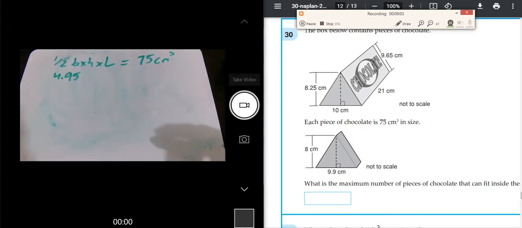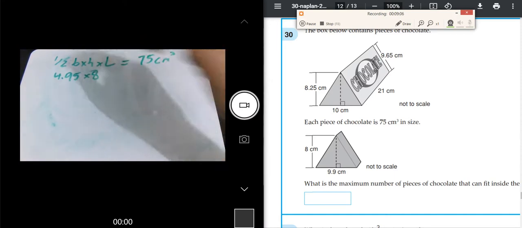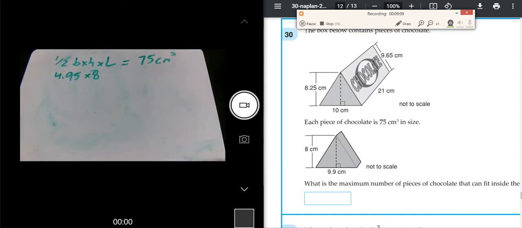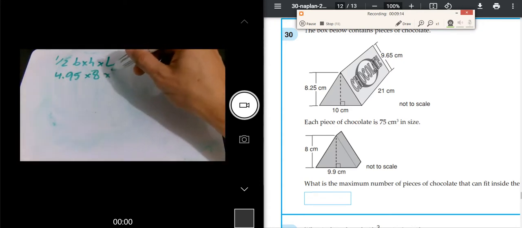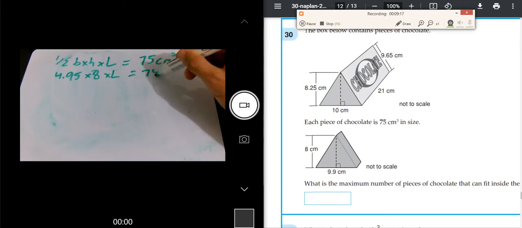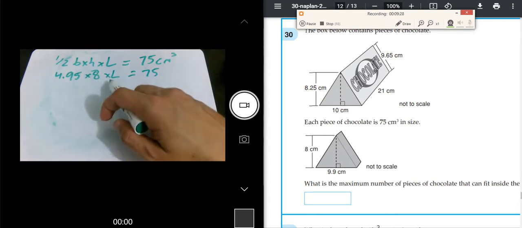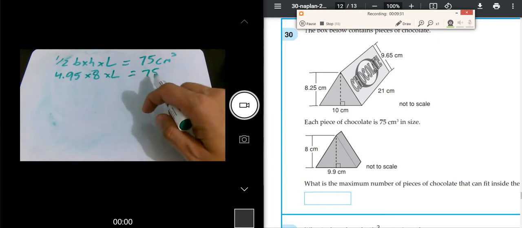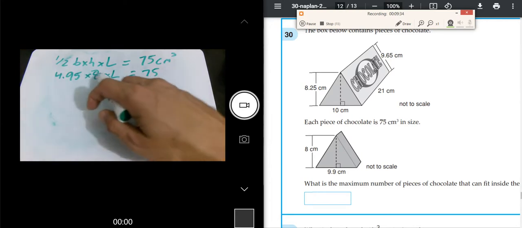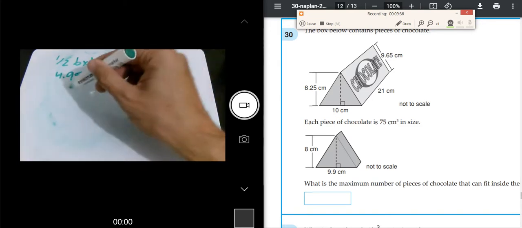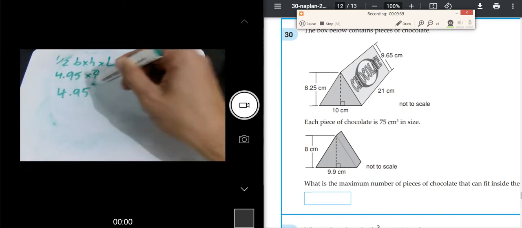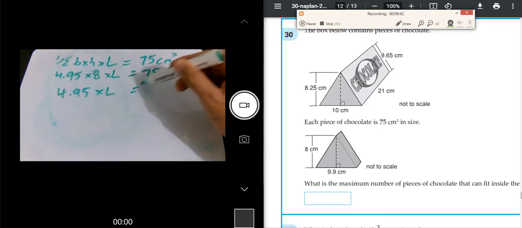And our height is 8, and our length, so the depth of the triangular prism, we don't know yet, so we'll just leave that as L, and that equals 75 centimeters cubed. We'll put in the units later. So obviously we just need to do a bit of maths to get the L by itself, and because everything is multiplied together, all we just need to do is divide. So when we do 75 divided by 8, it will get rid of this 8. So we'll do that first. So we've just got 4.95 times L equals 75 on 8,